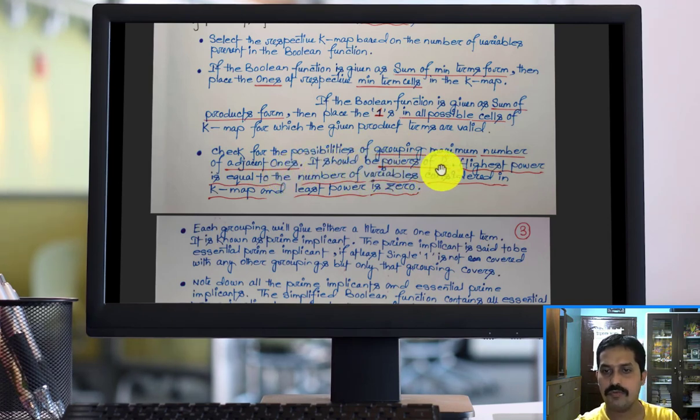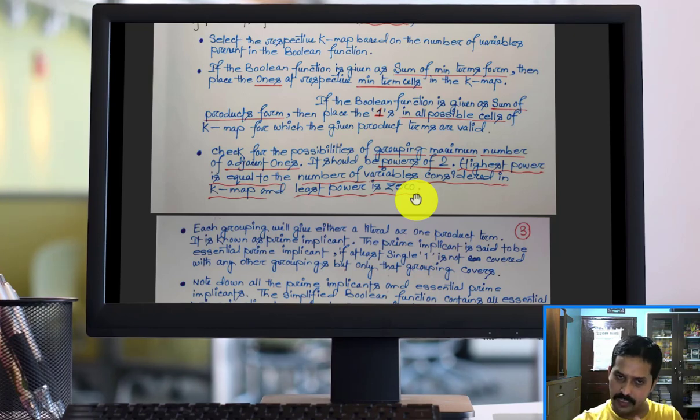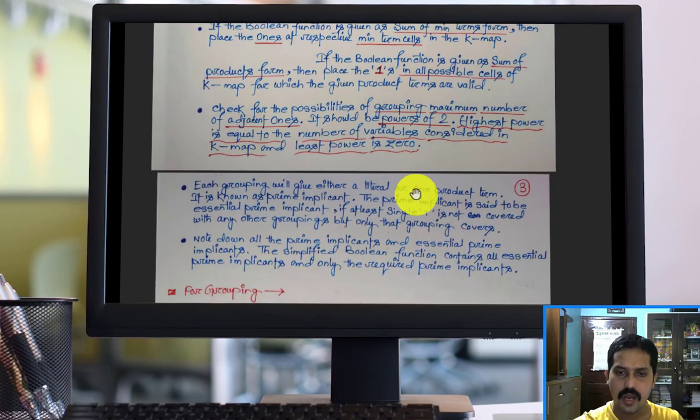It should be powers of 2, means highest power is equal to the number of variables considered in K-map, and least power is 0. Means whenever we make groups, we consider either 1 one in a group, or 2 ones in a group, or 4 ones in a group, or 8 ones in a group, or 16 ones in a group, or 2 to the power n ones in a group. The least number of ones should be 2 to the power 0, that is 1, and the maximum will be 2 to the power n, where n represents the number of variables present in the Boolean expression. After grouping,